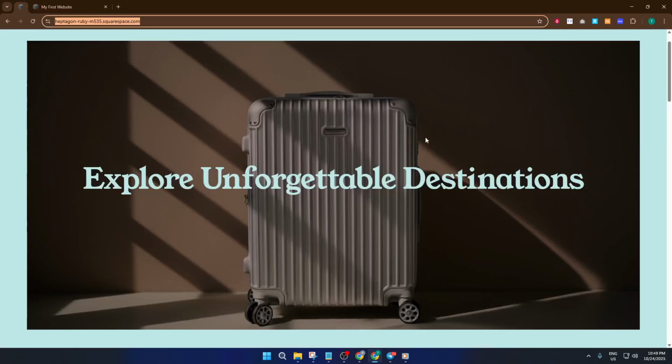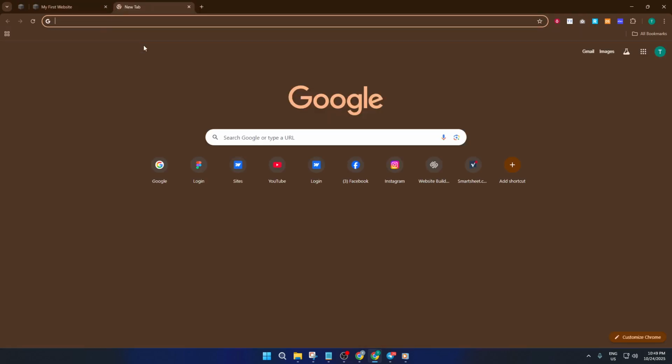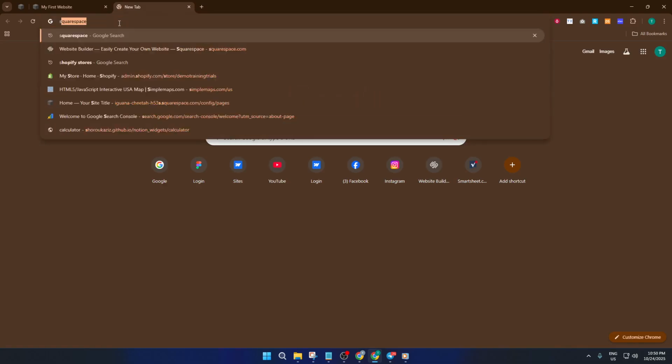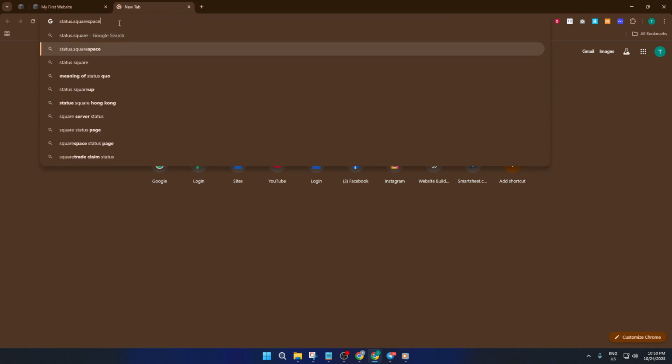But don't stop there. For a more thorough check, try loading your site on different devices, maybe your desktop, your laptop, and most importantly, your phone. If it opens on your phone but not your computer, the problem might be with the device, not Squarespace. Another good trick is to try a different internet connection. If you're on Wi-Fi, switch to mobile data or vice versa. Sometimes, local network issues or even router hiccups can block specific websites. So by testing across different devices and networks, you're quickly narrowing down whether the problem is widespread or just something